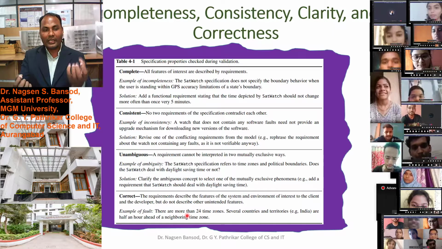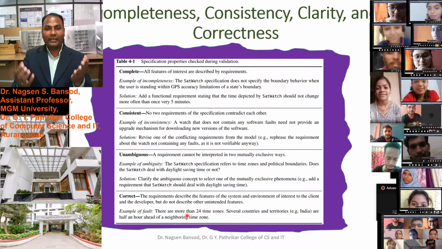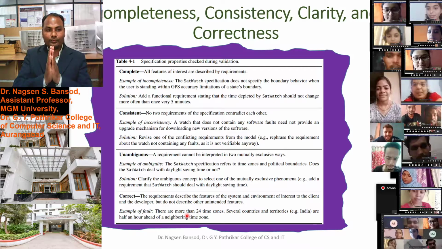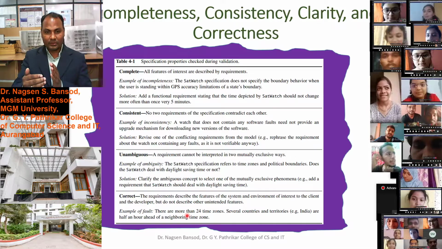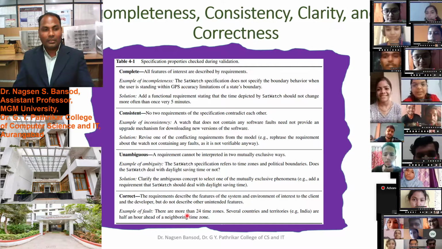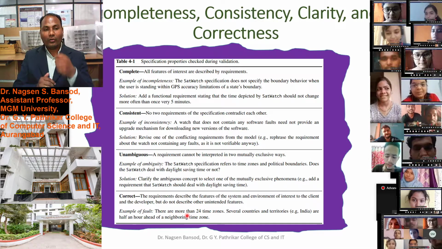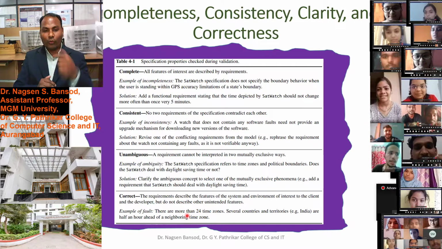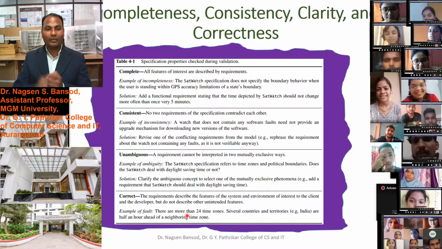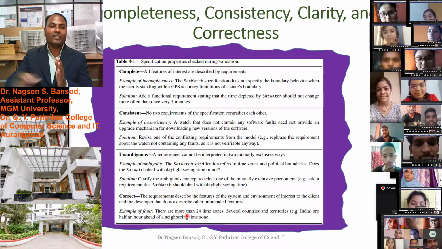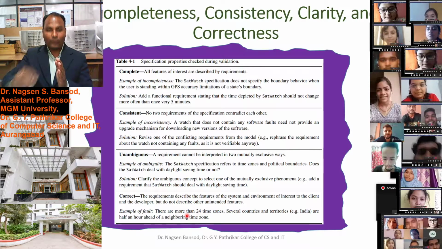Suppose we want to do a banking transaction, and in our software we have given a facility of an OTP at the time of doing transactions. But that is not implemented in the program.